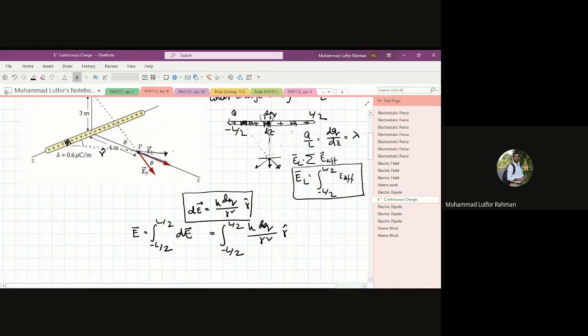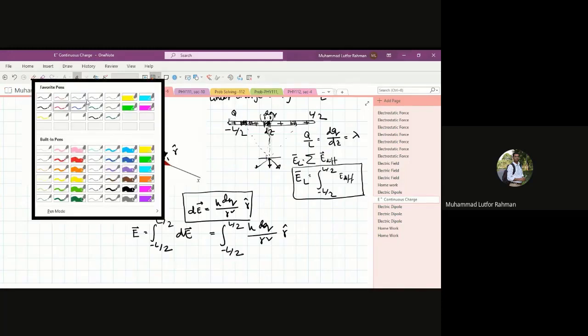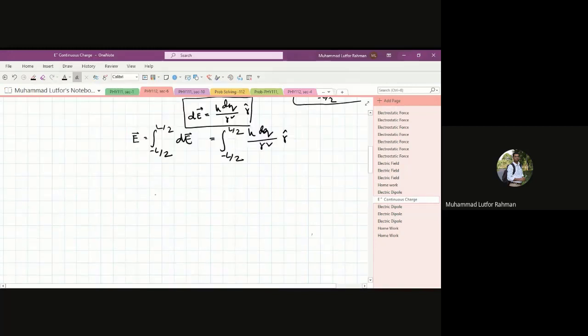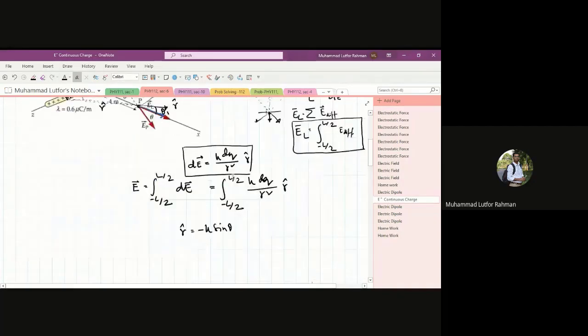this is the vector R hat. Say that we create the angle over here. Say that this angle is basically θ1. In that case, you'll find the components of this vector: one vector will be towards that direction, another vector towards that direction, right? I could find this R hat using that component method. I could write this R hat would be minus K sine theta, or θ1, sorry, I write θ1,